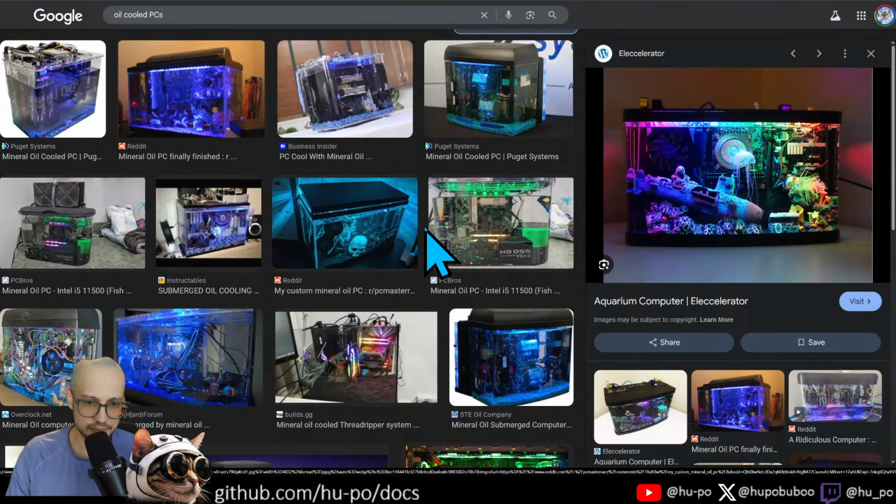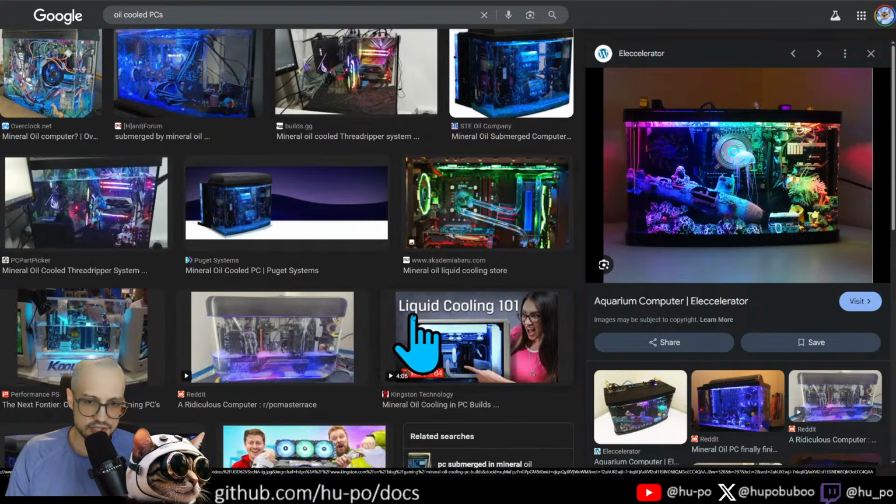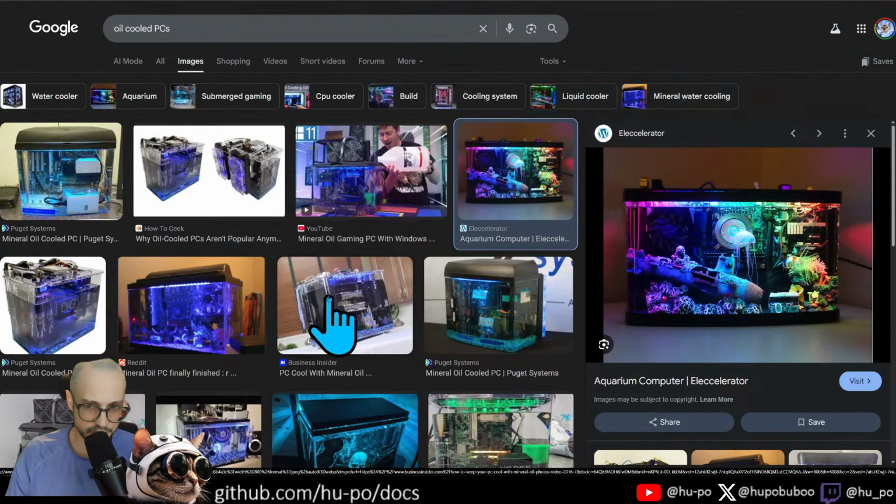And the mineral oil doesn't interact with the actual components. So if you did this in water, right, it would just short and explode. But the mineral oil doesn't react, so you can actually do this. I think this is kind of a meme, to be honest. I don't think this is going to significantly improve your computer. From what I hear, you just end up with a greasy, oily computer, and your room smells greasy and oily, and it's more just for internet points. But I could totally see